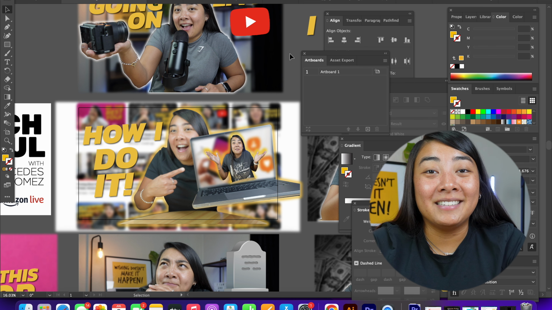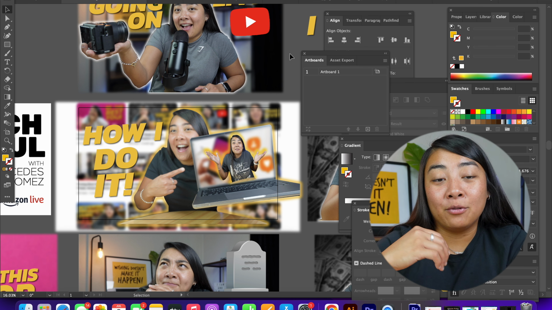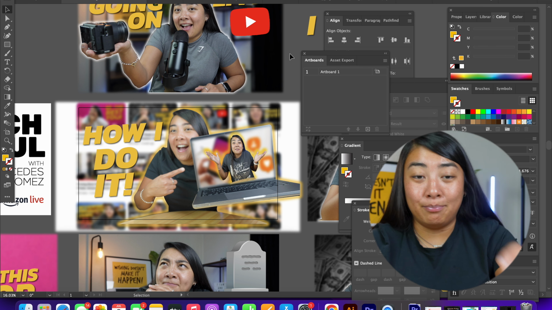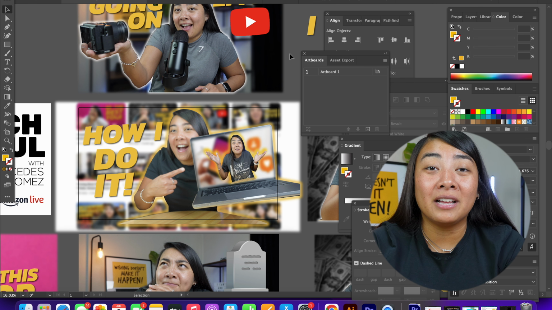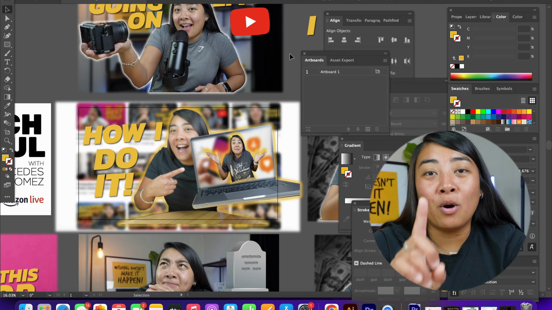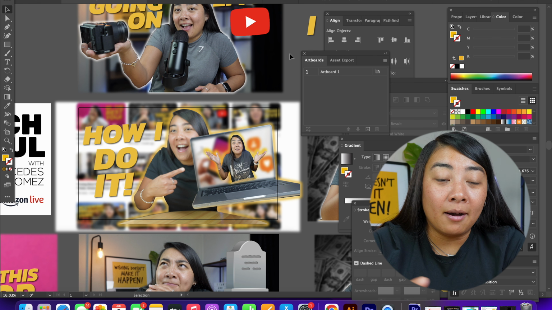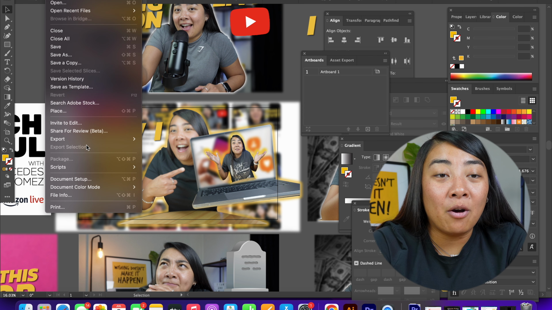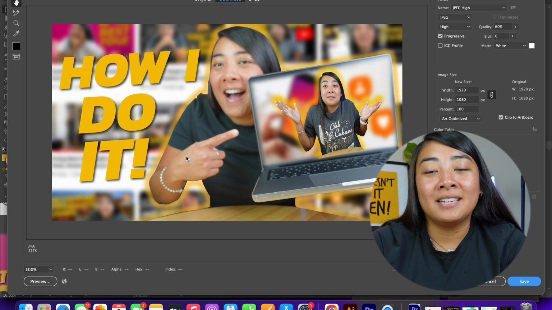So that's one of the things that I always do when I create thumbnails is I go through, and when I'm finished and I think it's pretty good how it is, I think it's bomb and I have added all the elements to it that I want, I make sure I go in and I remove one thing. So that's a really great little tip for you guys. And by removing that one thing now, I believe I'm ready to export this thumbnail and use it for my